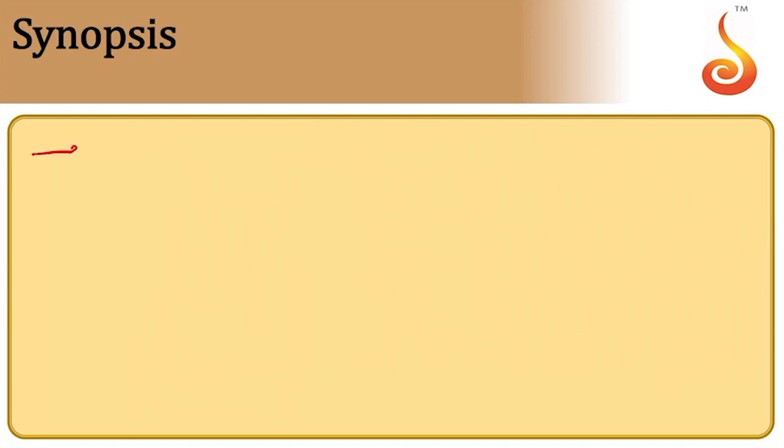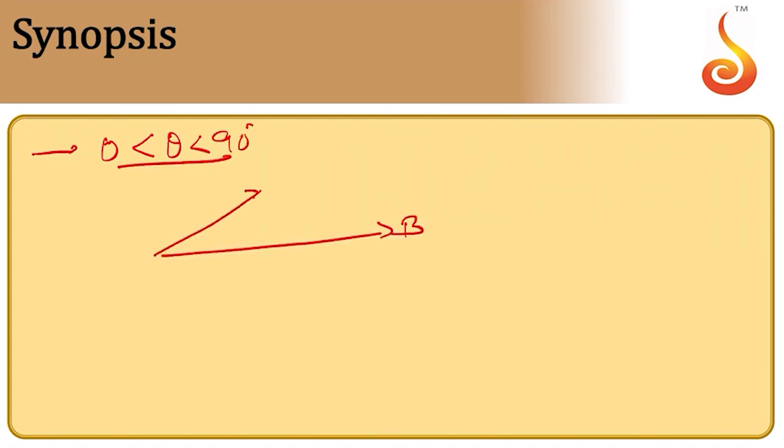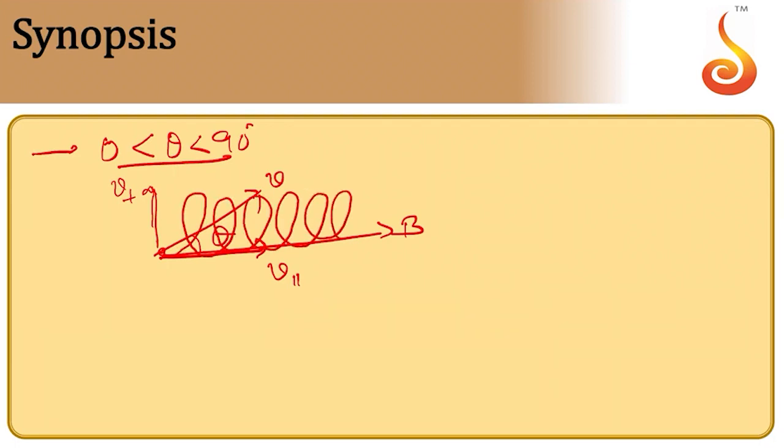Suppose I consider the next case, that means theta lies between 0 and 90. For example, assume that there is a magnetic field along this direction and the velocity is at an angle. So, this velocity can be resolved into two components, one parallel and the other perpendicular. The parallel component puts the charged particle into translatory motion, while the perpendicular component puts the charged particle into a circular track. Therefore, the track traced by the charged particle is a spring-like track, or a helix. It is a helical path.